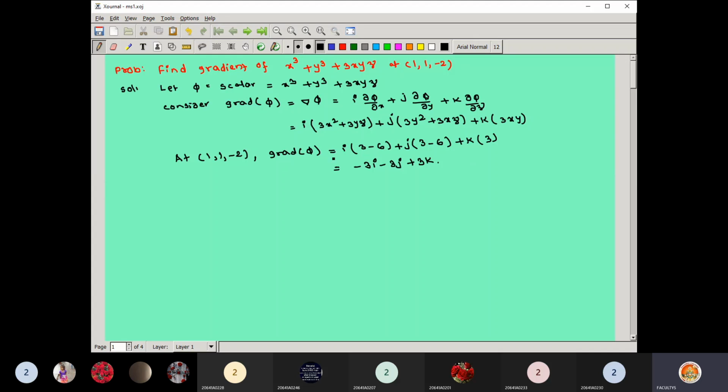So you just look at the final answer. Initially that is a scalar function. So after getting the gradient, it converts into a vector. The final answer will always come again in vectors. So this is the problem corresponding to the given gradient. There are chances this will be asked in short answers. A function is given, a scalar function always, and you are calculating the gradient.